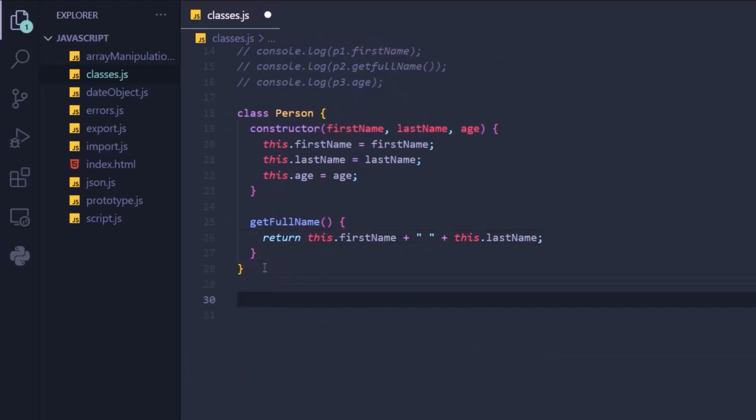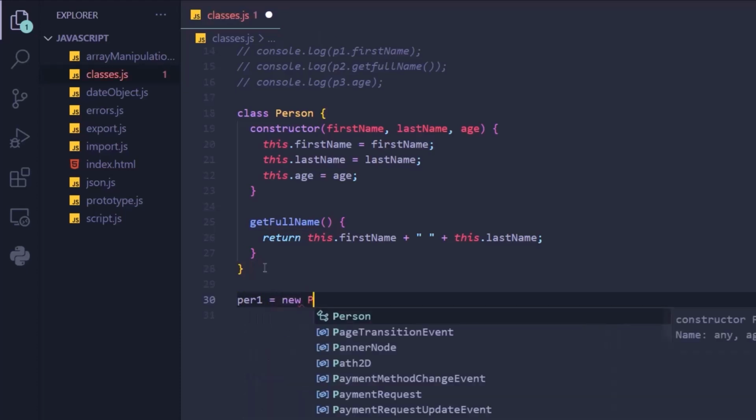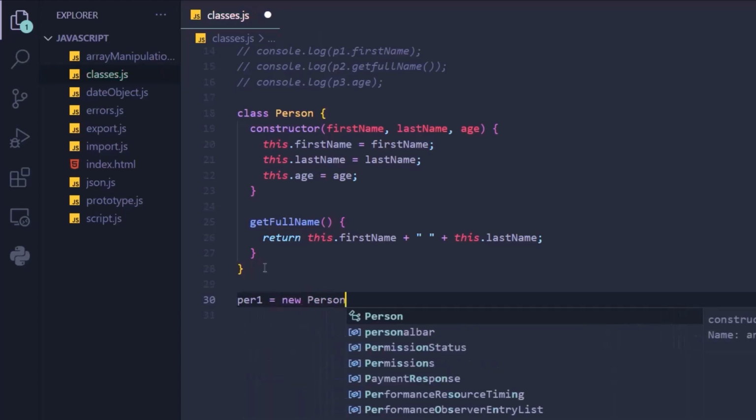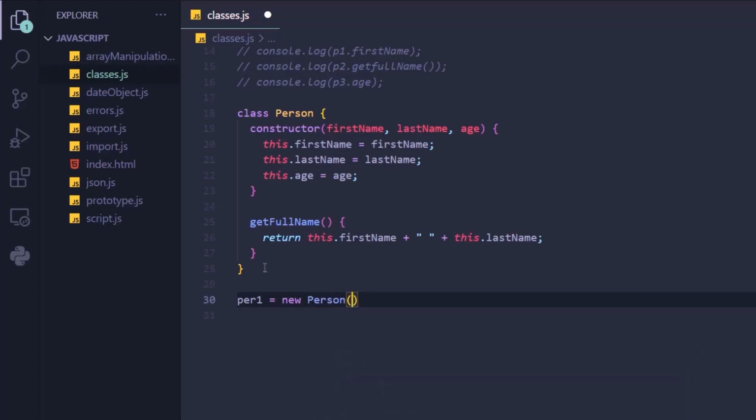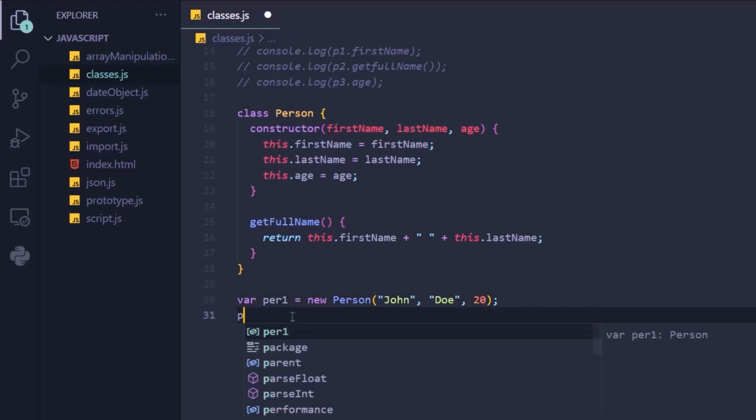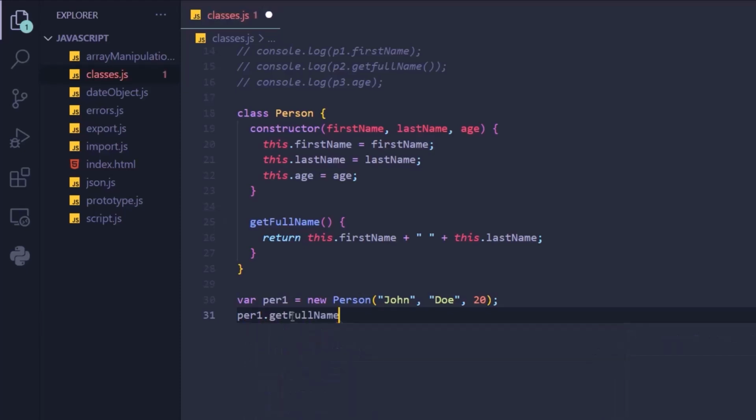Now let's create objects based upon this particular class. So we're going to call this one person1 is equal to the new keyword. After that, the class name, which is Person, and then we're going to pass in the arguments for the attributes. So it is going to be John Doe and the age is going to be 20, just like that. After that, with the help of this variable, which is person1, we can access this function getFullName. So it's person1.getFullName, and then we are going to wrap this in the console.log method. Once that is done, we can save our code and execute it, and we will get the output as John